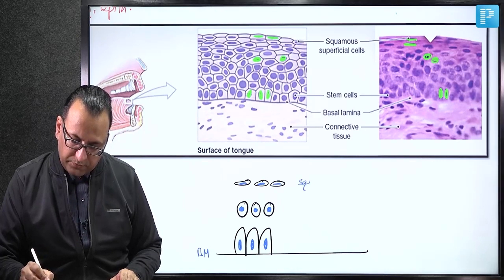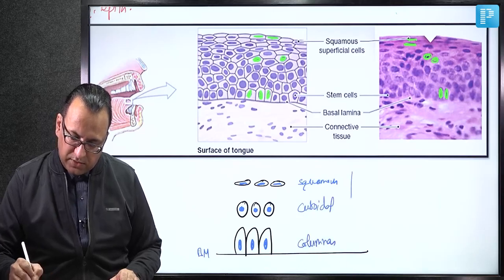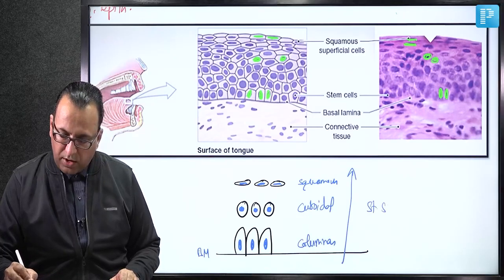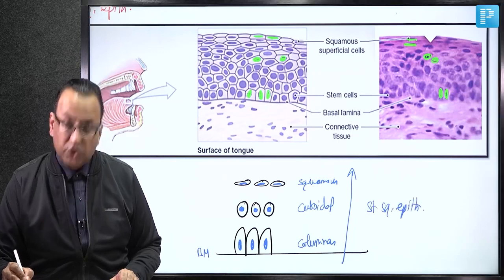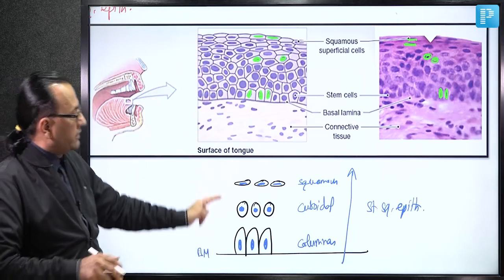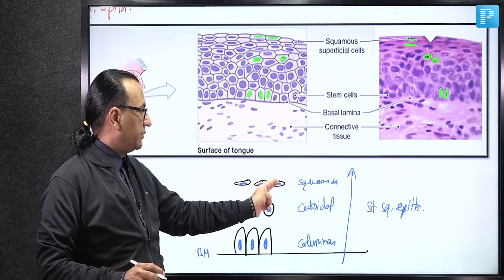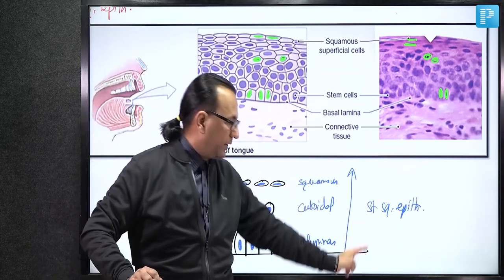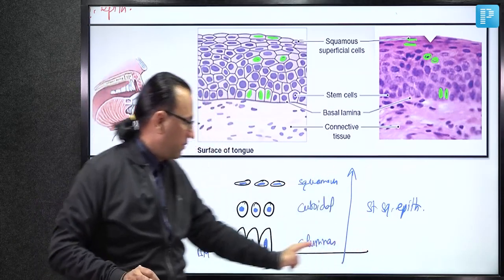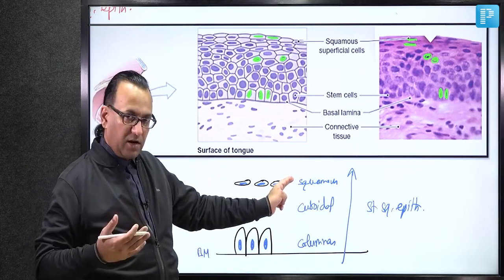So towards the surface we have squamous cells, whereas in the middle we have the cuboidal. Towards the base they are columnar. This is how the stratified squamous epithelium will appear. So it is evident that in this multiple layered epithelium, it is the cells towards the surface that give the name, the stratified squamous epithelium. Though this epithelium has columnar as well as cuboidal cells, it is the superficial cells which are taken as